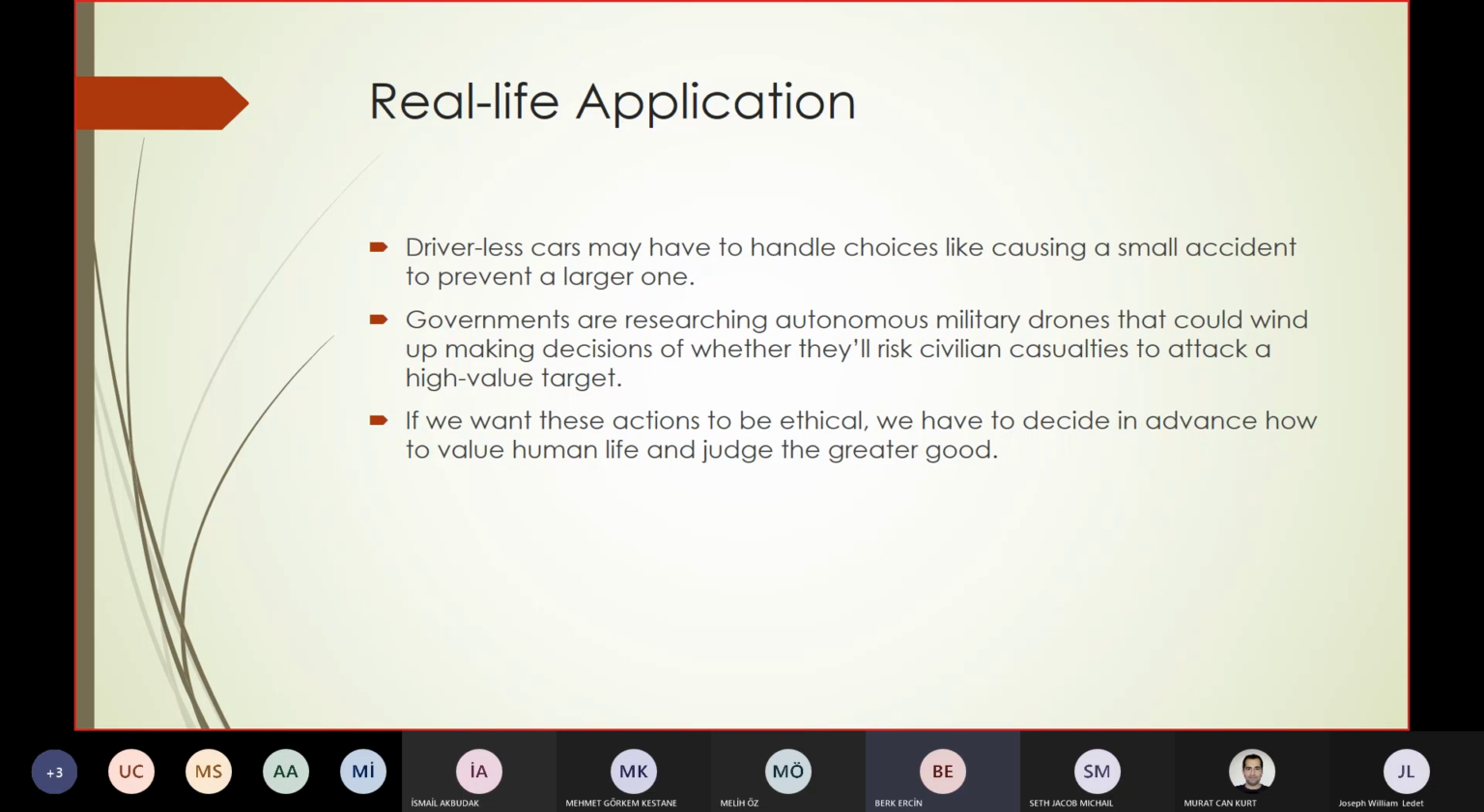is making this kind of ethical analysis more important than ever. For example, driverless cars may have to handle choices like causing a small accident to prevent a larger one. Meanwhile, governments are researching autonomous military drones that could wind up deciding whether to risk civilian casualties to attack a high-value target. If you want these actions to be ethical, we have to decide in advance how to value human life and judge the greater good. So in conclusion, I support the decision of Thomson's